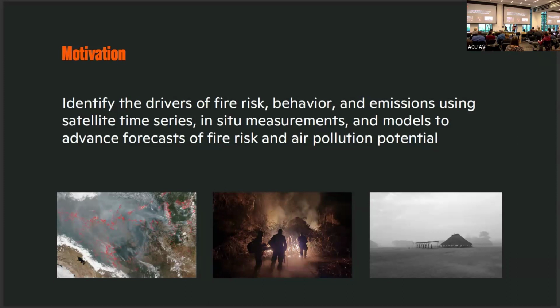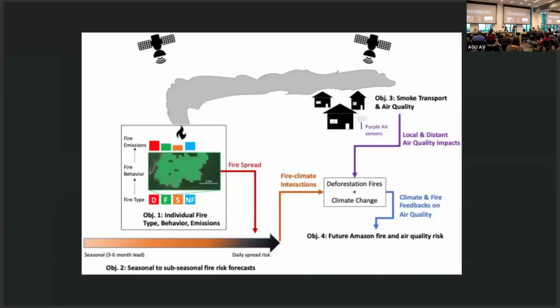People pay attention when smoke plumes from the Amazon reach Sao Paulo at 3 o'clock in the afternoon on a random weekday, as they did in 2019. But we also know that rural regions, indigenous reserves, small cities in the Amazon sit with that smoke day in and day out, and that there's not a lot of data in those places. And so that's another thing that we're trying to address in this project.